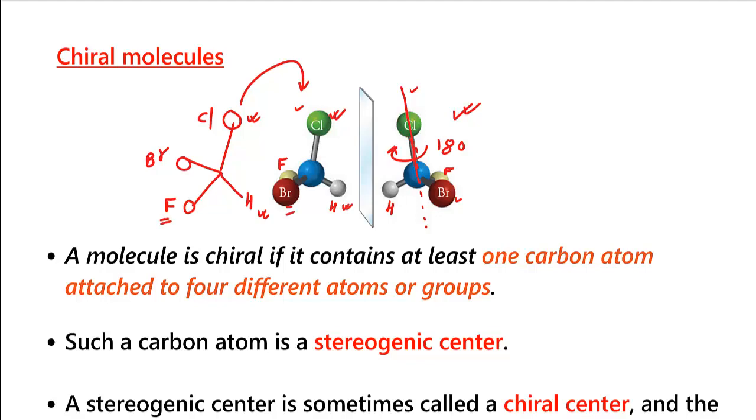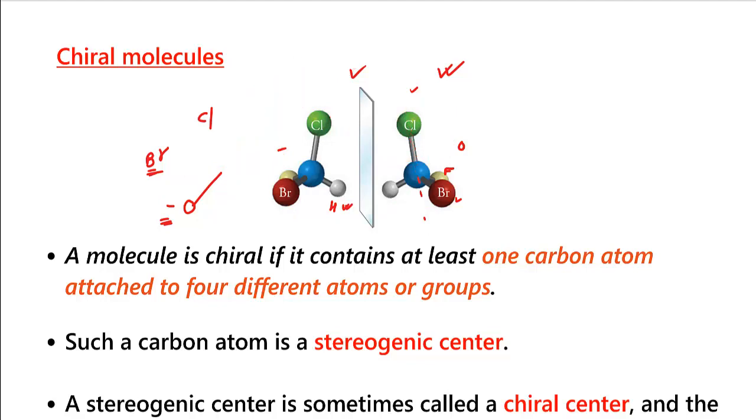here. And in this case fluorine is back side, bromine is back side. So these 2 molecules are not same. Fluorine and bromine are not superimposing, and fluorine and bromine here are 2 different groups. So this means this molecule and this molecule are not same molecule. So the object and its mirror image are not same. They cannot be superimposed. So they are 2 different molecules.